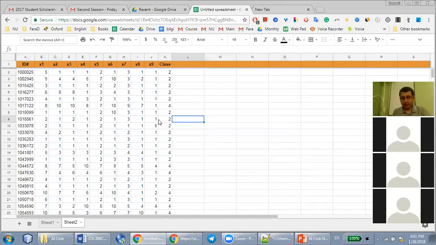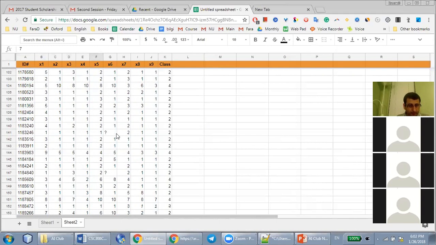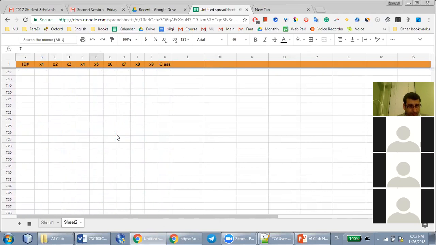We are about to design our first classifier, and we will do it in Excel. And you can see even simple classifiers can be done in Excel. Okay, now that I have this many numbers